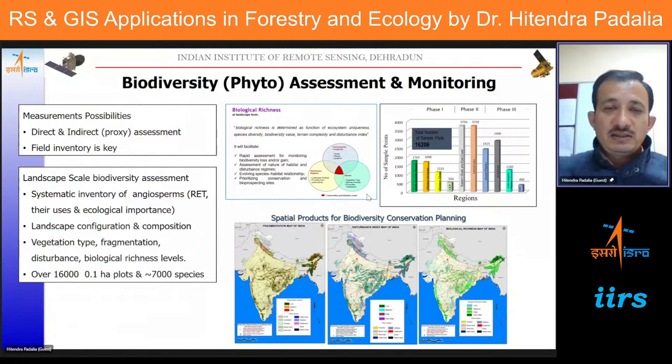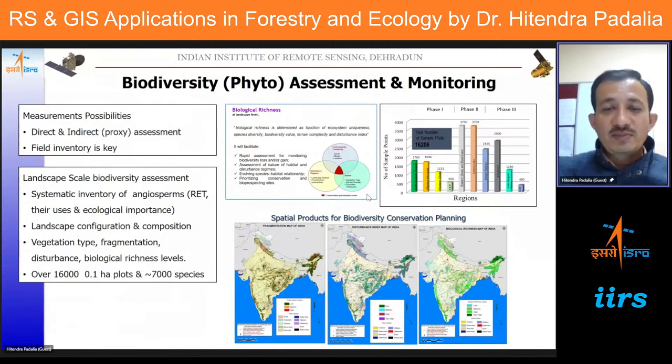Another type of study which is useful, particularly for a biodiversity-rich country like India, is this. We have different biogeographical zones, and a variety of species and habitat types exist here. One of the things is how to do conservation planning, particularly with respect to protected areas, and how to rationally define protected areas for conserving plant biodiversity, animal biodiversity, etc. We basically need a prioritization approach, and in one of the first such assessments in Southeast Asia, we have prepared biodiversity prioritization maps here.